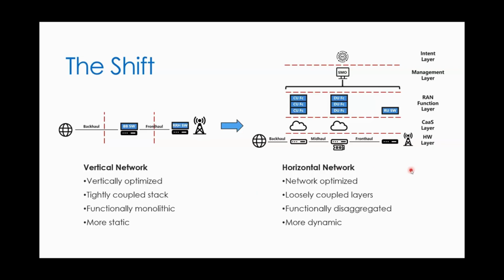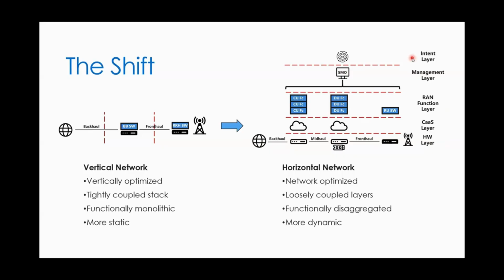The idea here is that you're breaking up that vertical stack and changing it into horizontal slices. So you can think of your hardware layer at the bottom, and then there's what's called CaaS, or containerization as a service, or kind of your cloud layer. And then your RAN software functions are sitting on top of that cloud layer. Then there's a management layer sitting on top, looking at the whole RAN and the network and all the configuration, what's going on, observability. And now with AI coming, there's this intent layer that's sitting on the top. So we'll go a little bit more into that.